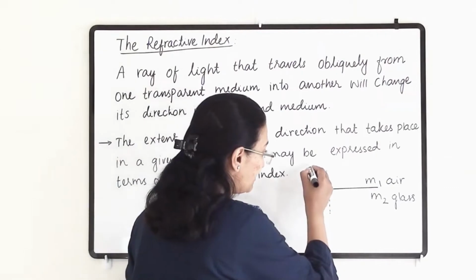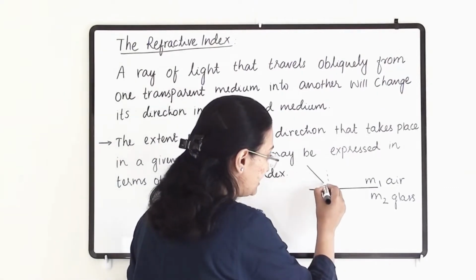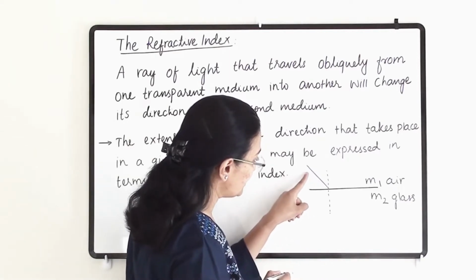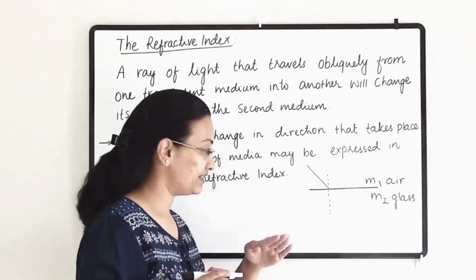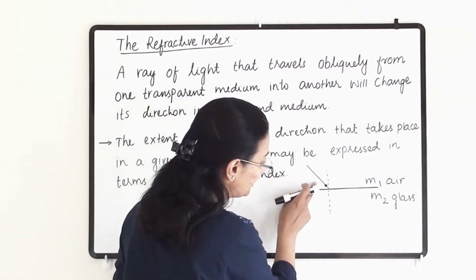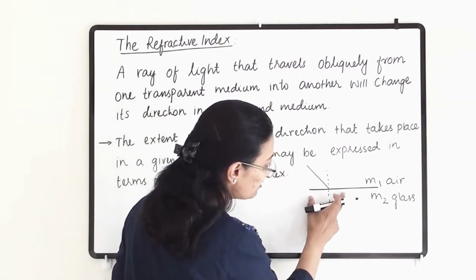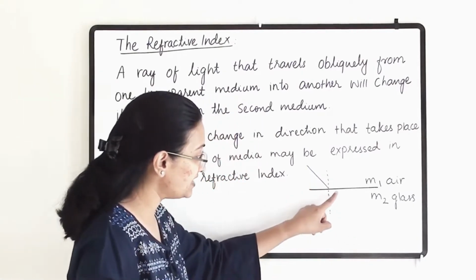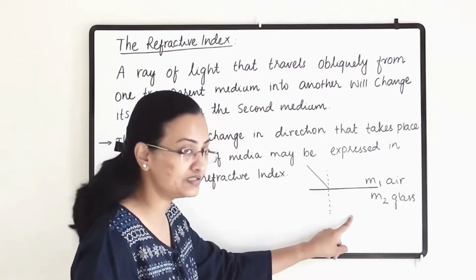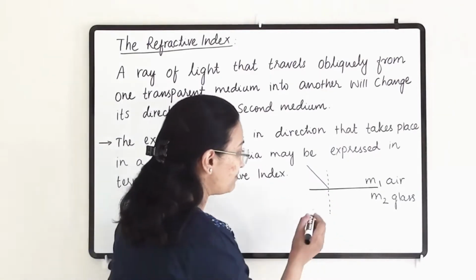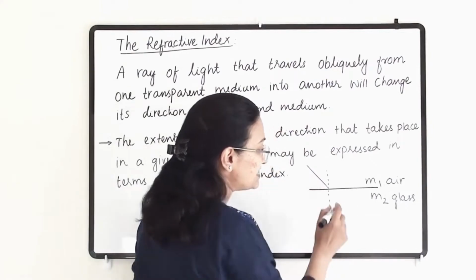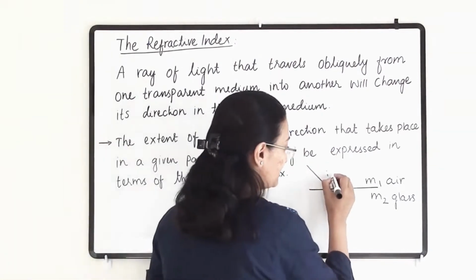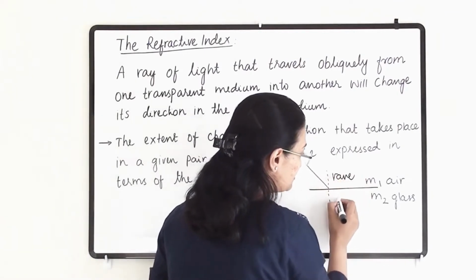So when a ray is coming obliquely from one medium, so this is air and the ray is coming obliquely. Obliquely means slanting. So when a slanting or oblique ray is falling on the surface of one of the mediums and it is passing through this, it is going to travel in the second medium. So what will happen? We have to see the density difference between these two mediums. If this medium is rarer, and this medium is dense,